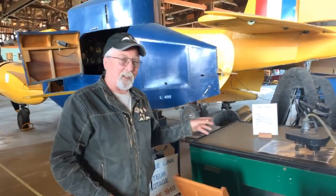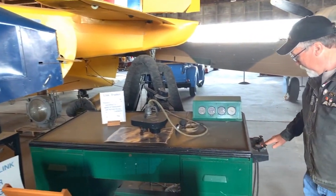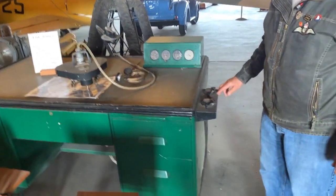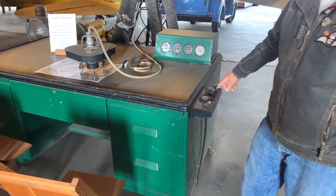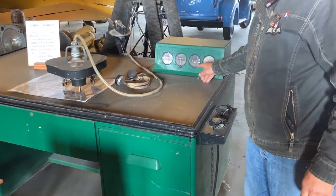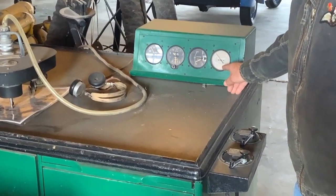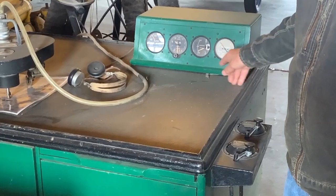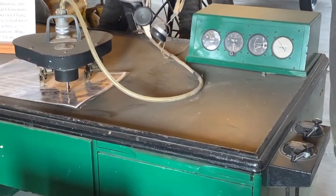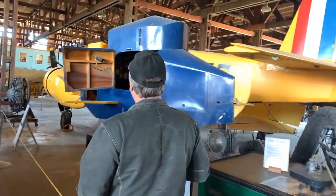And the other thing that's kind of fun is the operator has a couple of cranks here. One of them is for wind velocity, the other one is for wind direction. He knows the speed you're going, he knows the altitude you're flying at, he knows whether your landing approach is high or low, and he knows your vertical speed, and he'd be able to communicate with you. But when you're in the Link as a student,